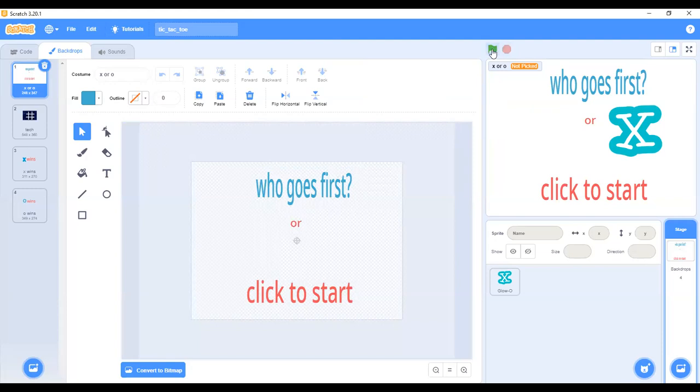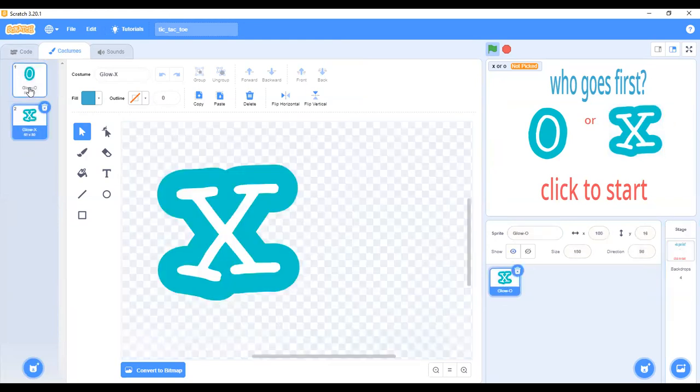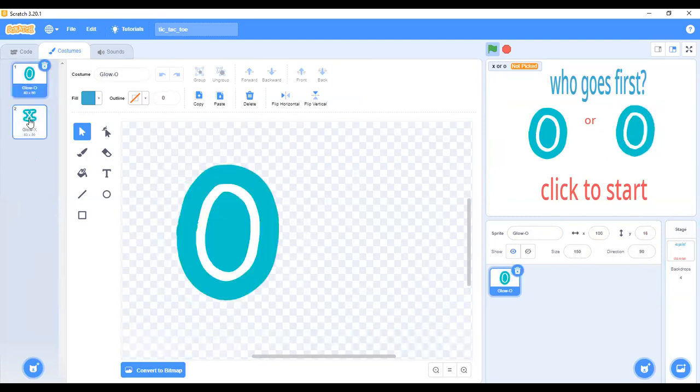But if I click my green flag, you see two of these appearing. Now, this is coming from the X, or the O is coming from this blue O, right? So they are stuck together, okay? They are stuck together.